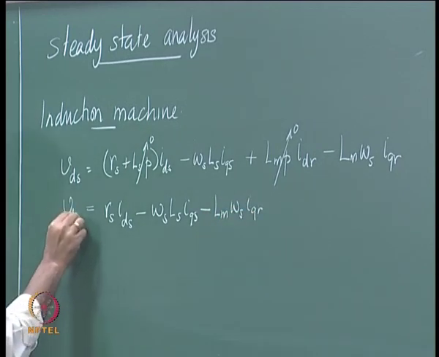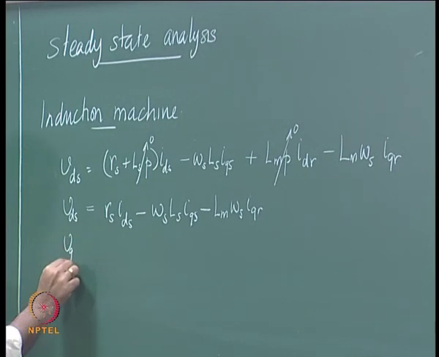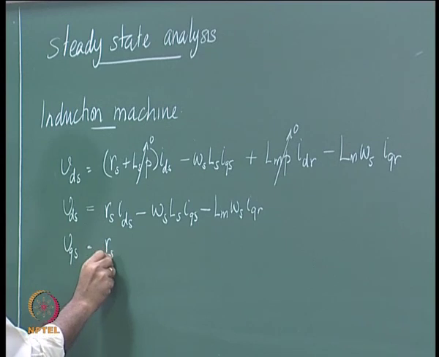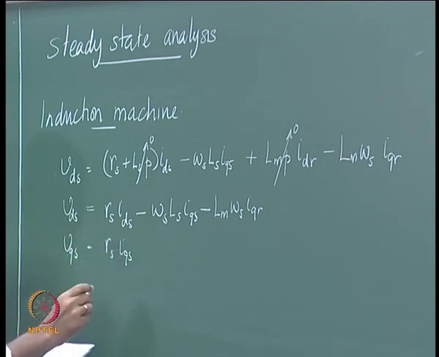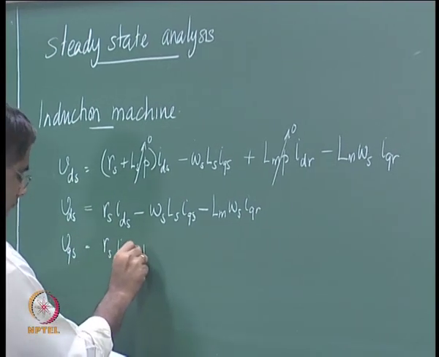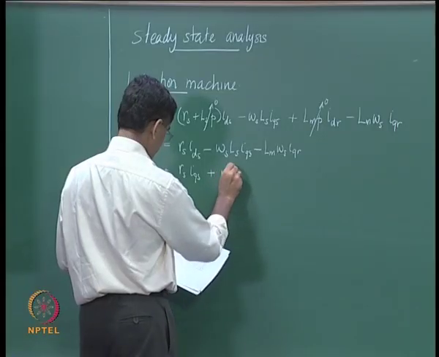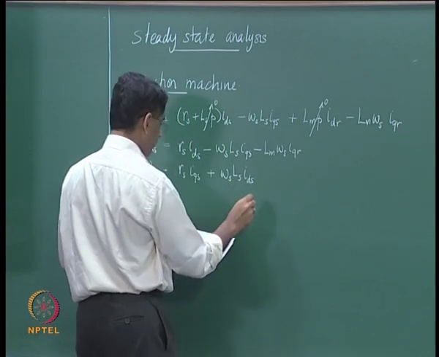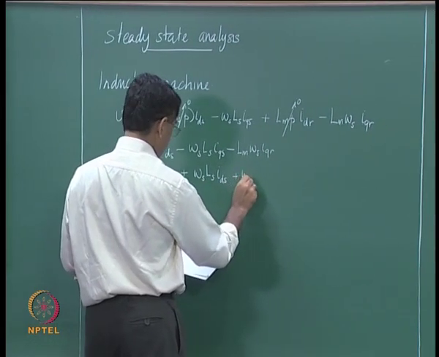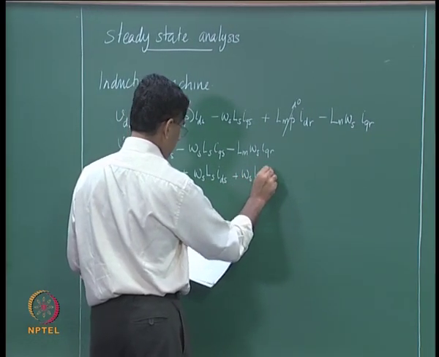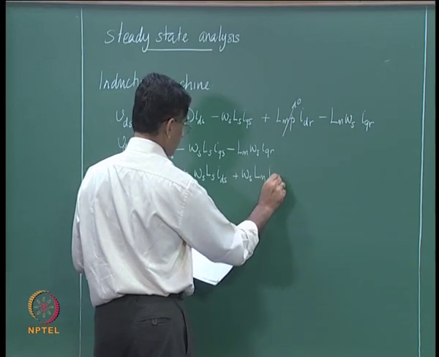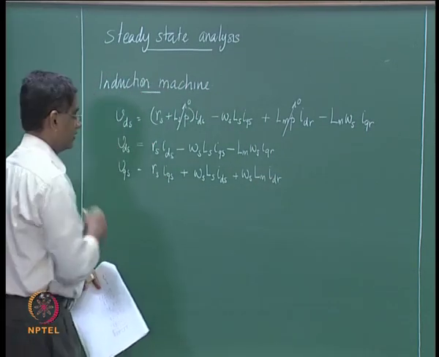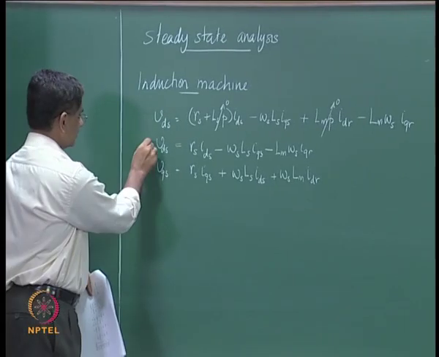This is Vds, and similarly Vqs would give us Rs Iqs plus omega s Ls into Ids plus omega s Lm into Idr. So these are the two expressions